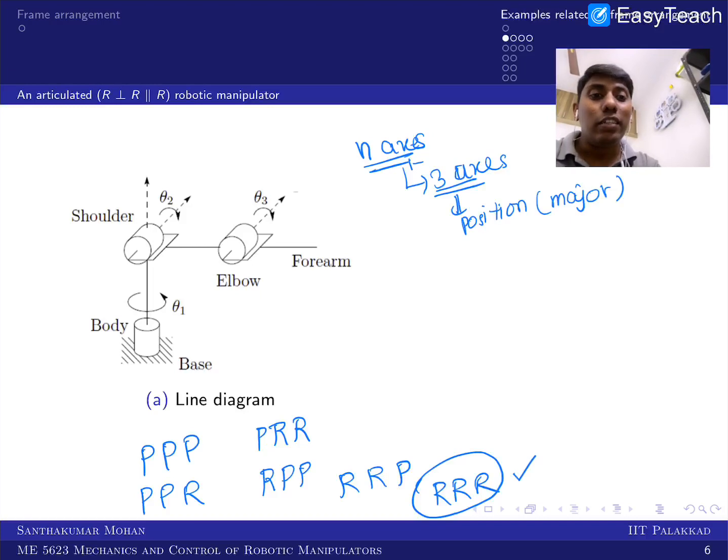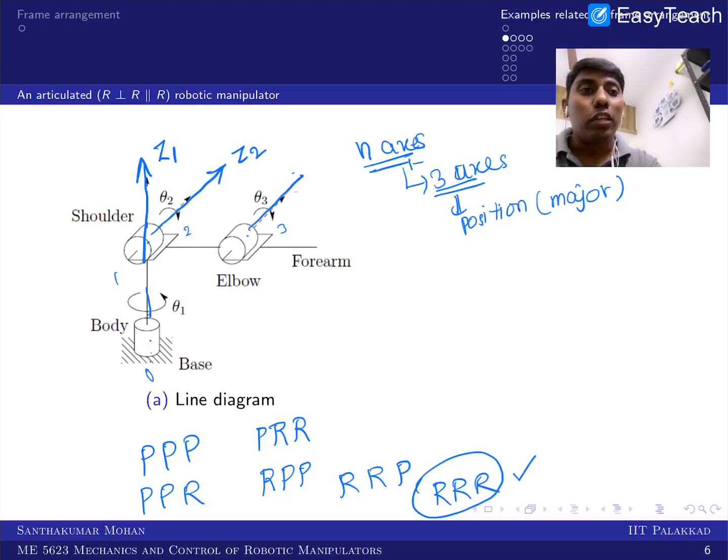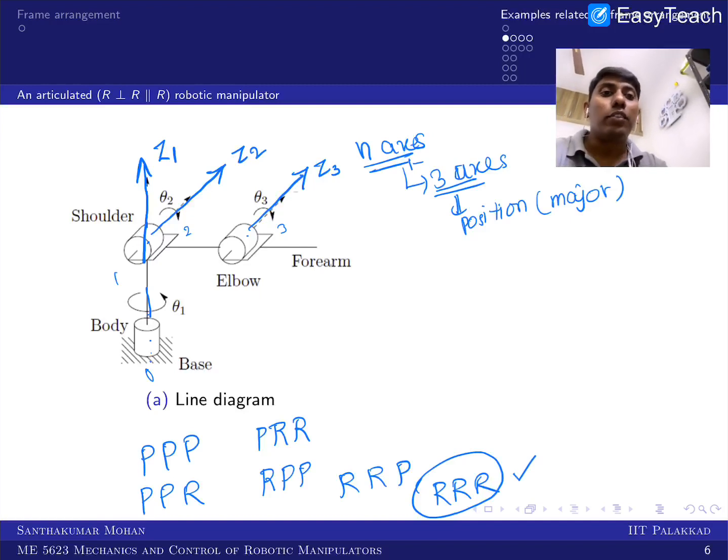So now you can see that this is the base and this is the first body. This is the base I call 0, and this is 1, and this is 2, and this is 3. And you can see that this is a motor, and this is another motor, and this is another motor. Now this motor is rotating like this. So this is the Z1 axis, and this motor is rotating like this. So this is the Z2 axis, and this motor is rotating like this. So this is the Z3 axis. So what we have taken is the first rule, assign the joint axis to the Z axis. So we have 3 joint axes, where theta 1, theta 2, theta 3 are variables. So these 3 we have fixed with Z1, Z2, Z3.